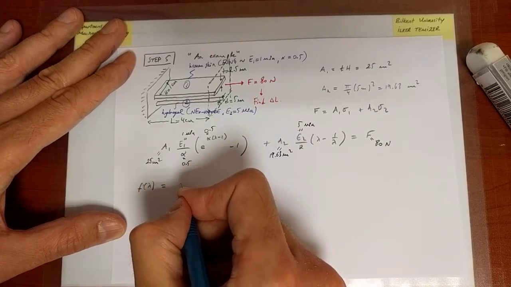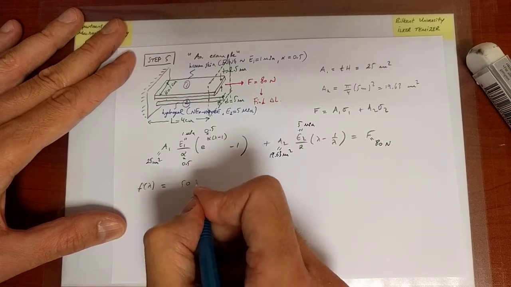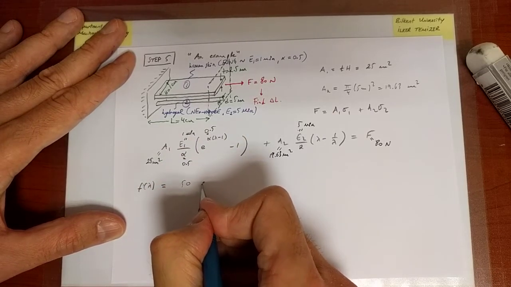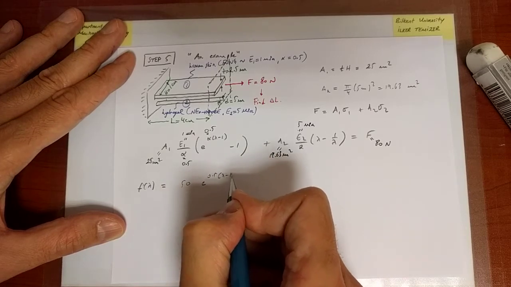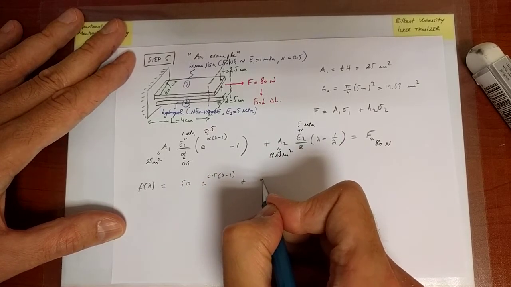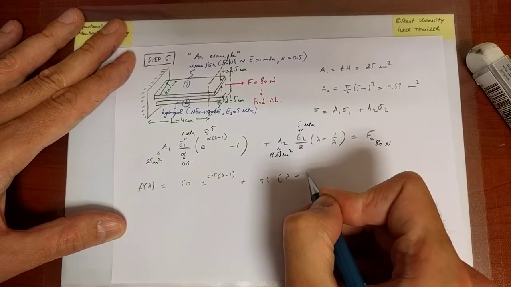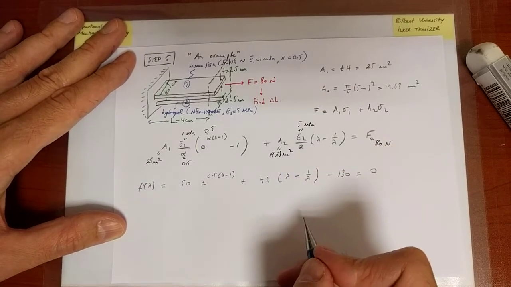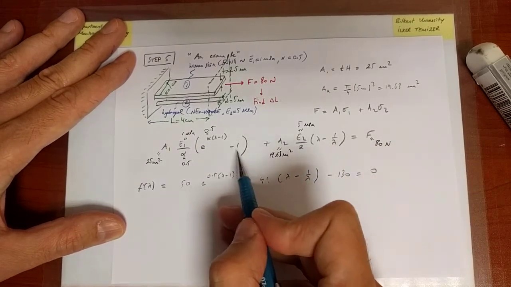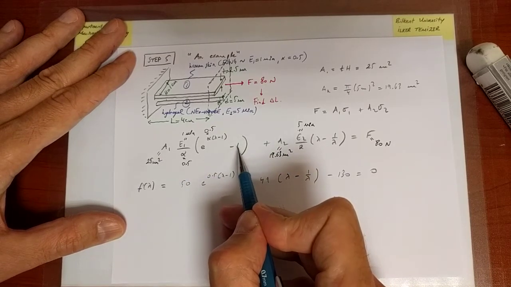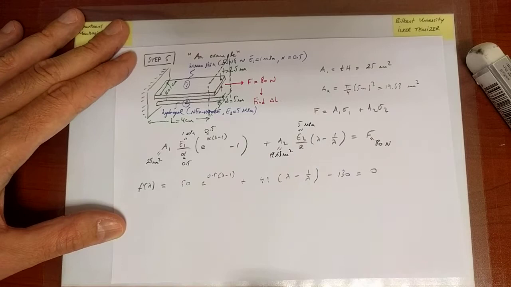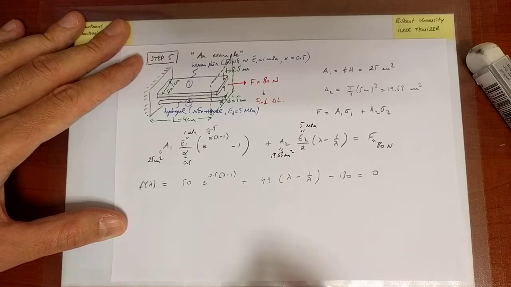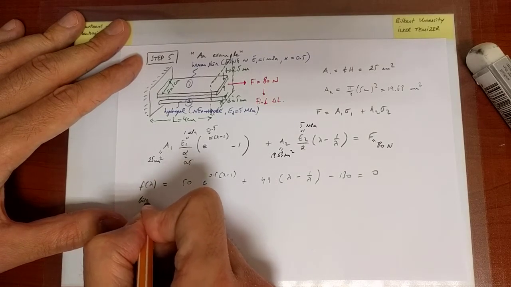And if you evaluate the numbers, you will find here that 25 times 1 over 0.5, 50, e to the power 0.5 lambda minus 1, plus this one eventually gives you approximately 41 lambda minus 1 minus lambda minus 130 is equal to 0. There's another constant coming from there. That is minus 50, minus 80, minus 130. Okay, good. So now you can invoke our bisection idea. So we use the bisection